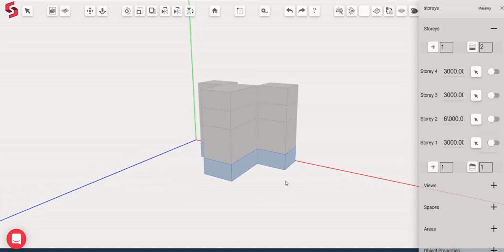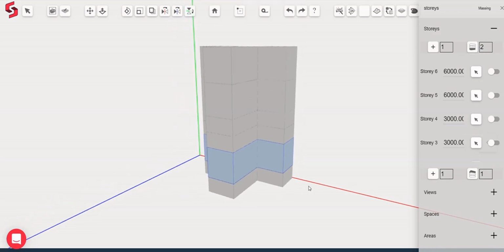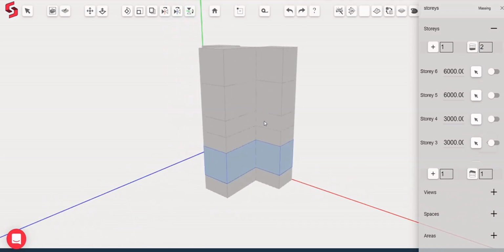You'll see that it created 2 new stories with a height of 3000. Let's go ahead and select story 2 and duplicate it 2 times again. You'll notice that 2 new stories were created. Each of the objects' height is 6000, and you'll also notice here that the story height was also copied.